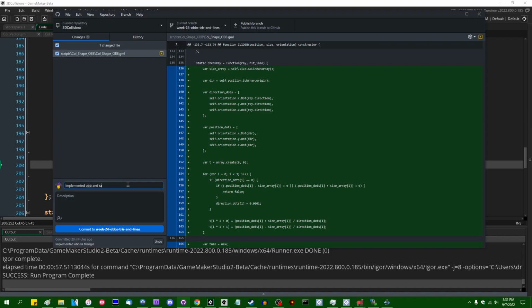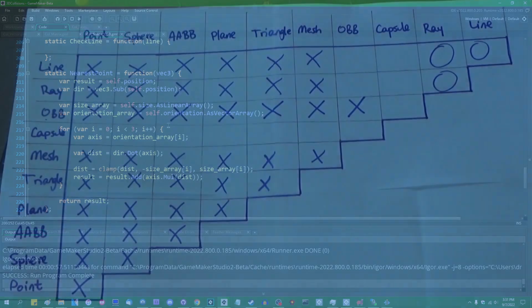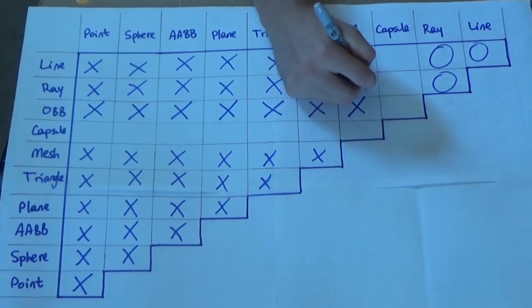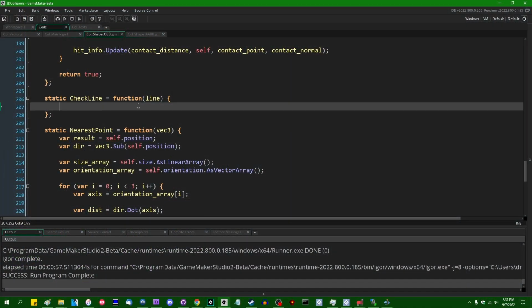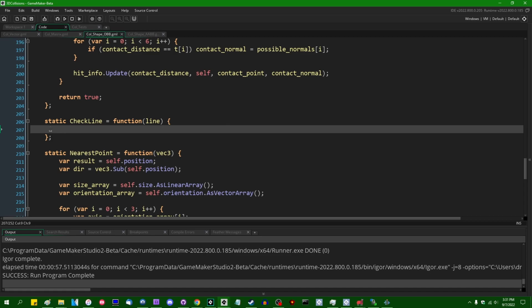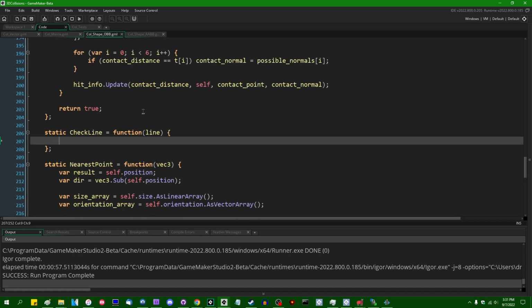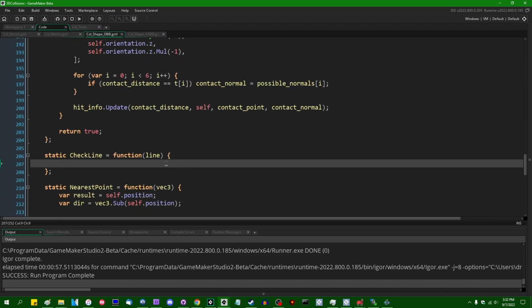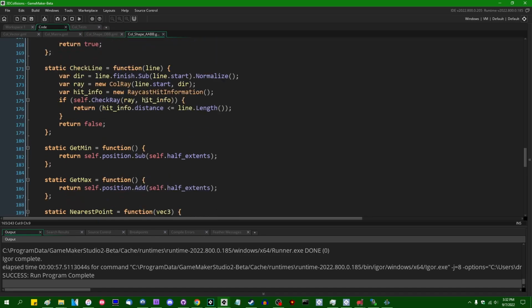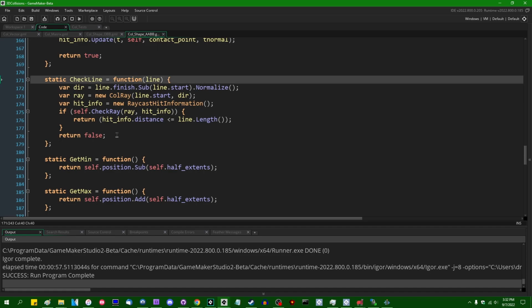We can say implemented OBB and raycast. And I think the last check that we have to do is for OBBs and lines. And as we so often do, we're going to just do this by casting a ray into the OBB, and we're going to check if, one, there is a point of contact, if the ray hits the OBB at all, and then if it does, we're going to check to see if that point of contact is less than the distance of the line segment. And because I am lazy,